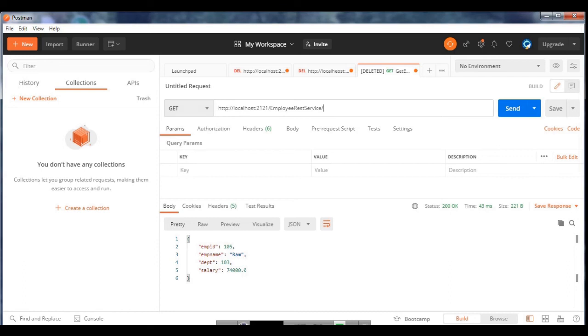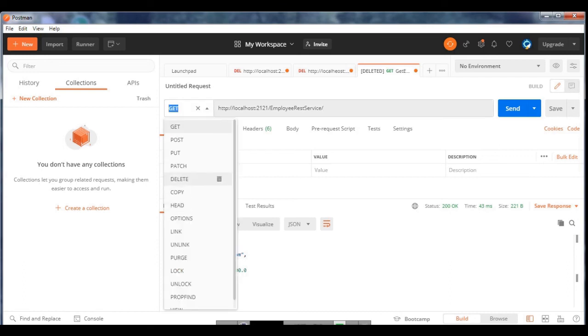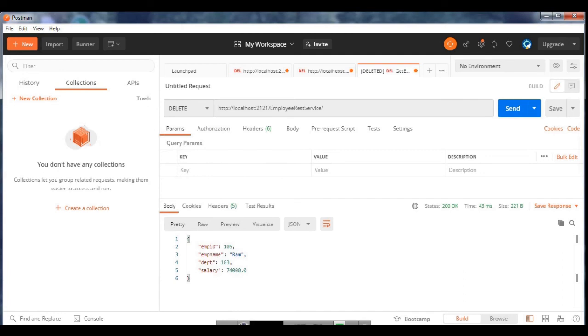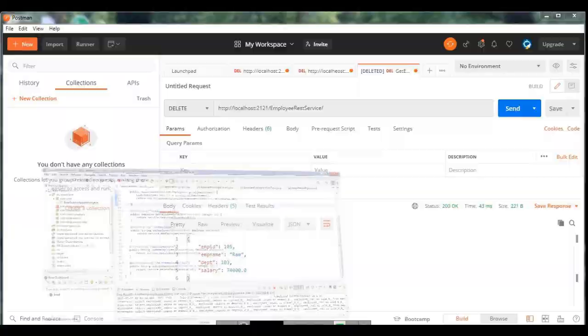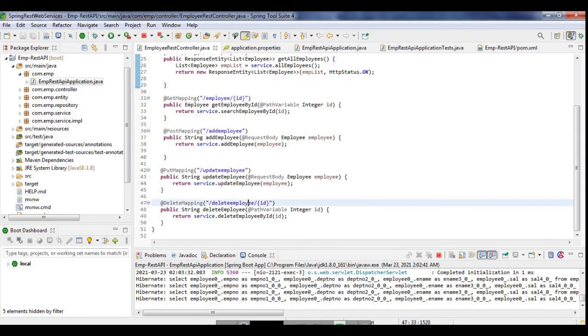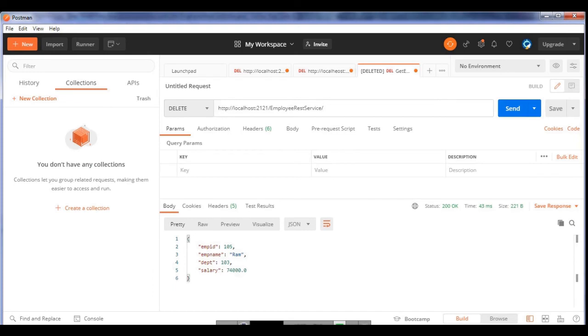Let me select the method type as delete. This is the method type, and now you can see the URL pattern, this is delete employee, and we can put it like this, and then let me now send this delete request.